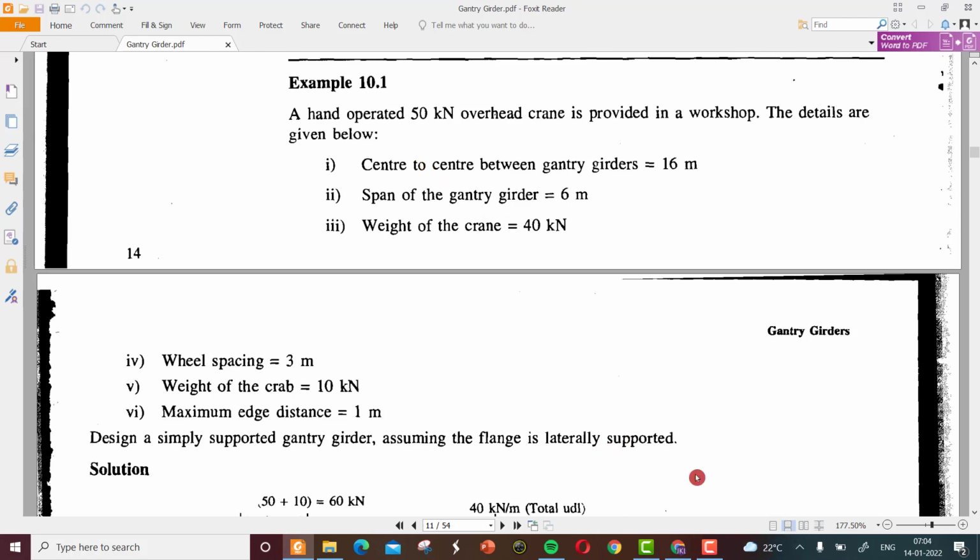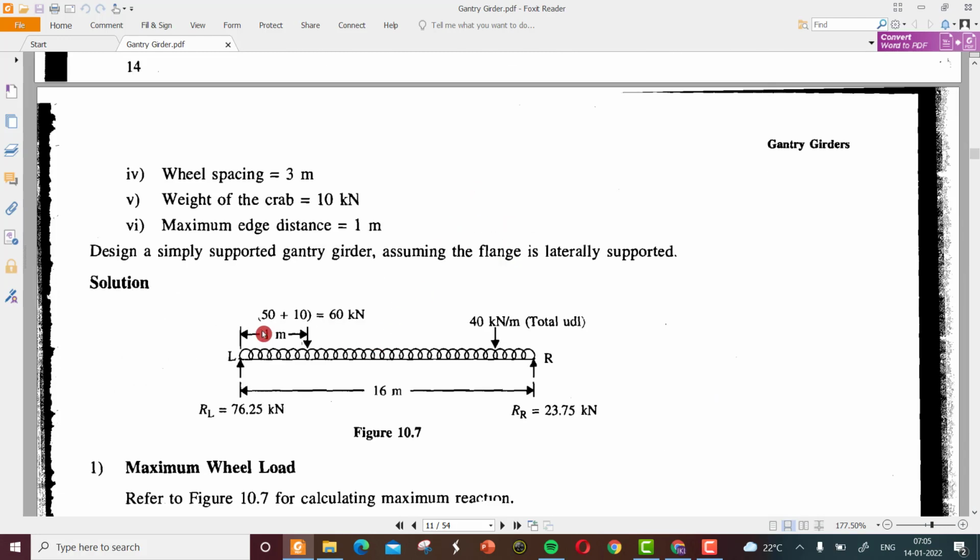So we have to lift a load of 50 kilonewton. The 50 kilonewton plus 10 will be the weight of the crab, and 40 will be the UDL for the crane bridge. So to find the maximum wheel load, we are loading all these weights to the crane bridge, at this maximum distance,